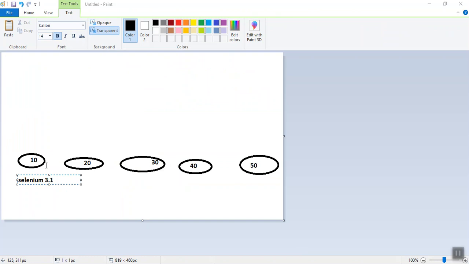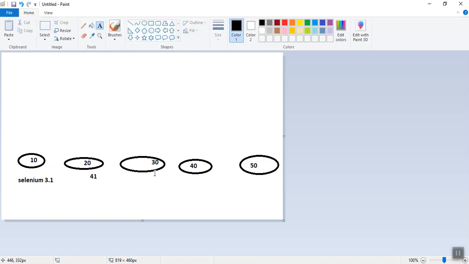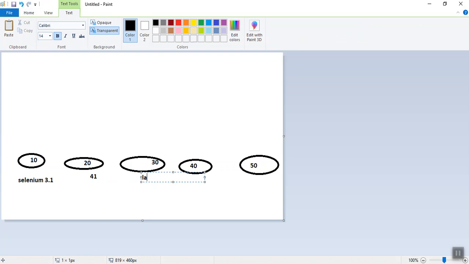Now we have 5 different testers doing automation work. This tester is automating 10 test cases, this one 20, this 30, this 40, and this 50. This tester has Selenium 3.1. He has 4.1. He has the latest. All are having different versions of Selenium.